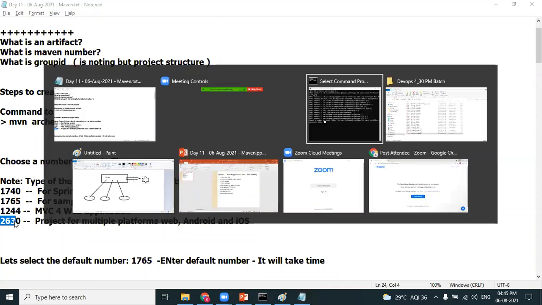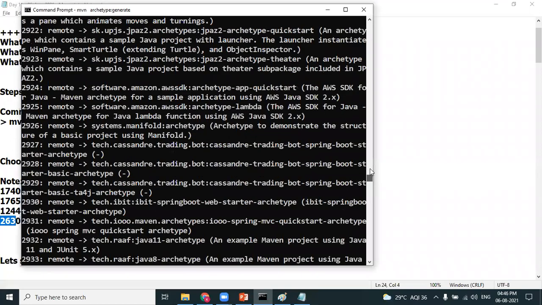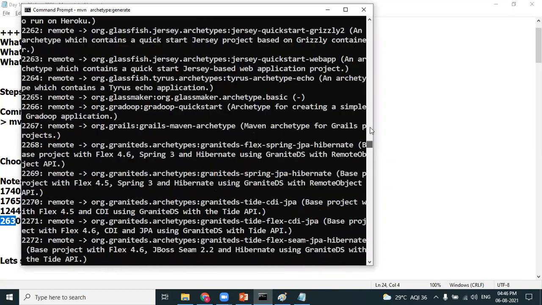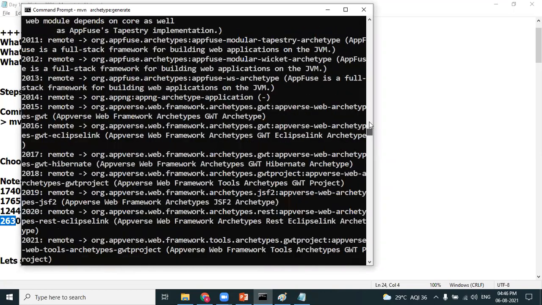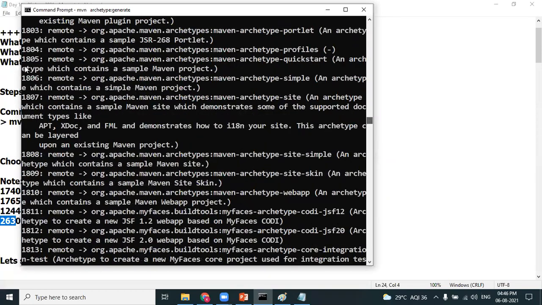In our case, I am providing a default number, 1805. What does this 1805 refer to? Let's experience it. 1805 refers to building a sample Maven project.